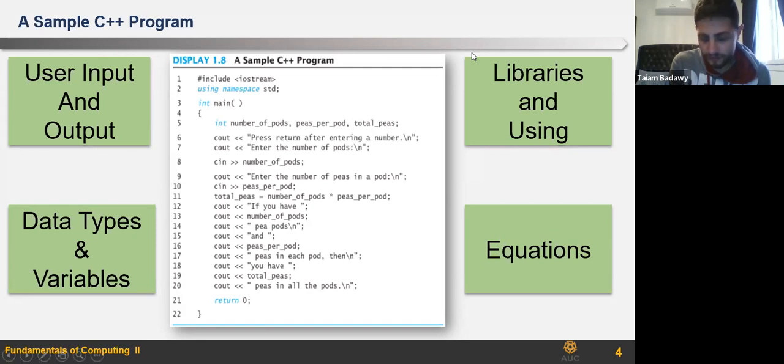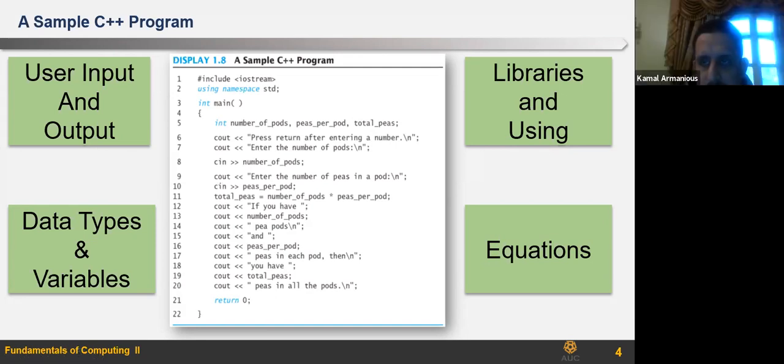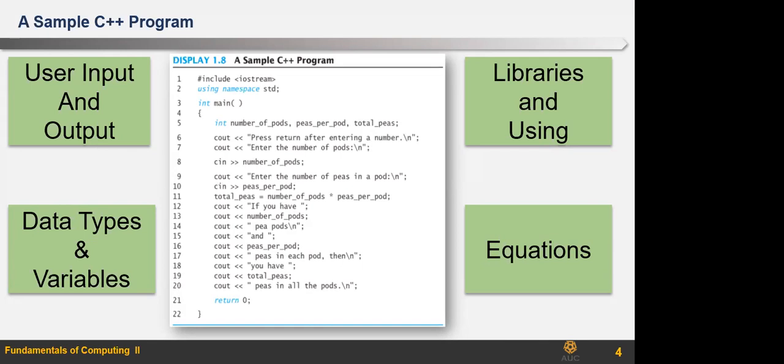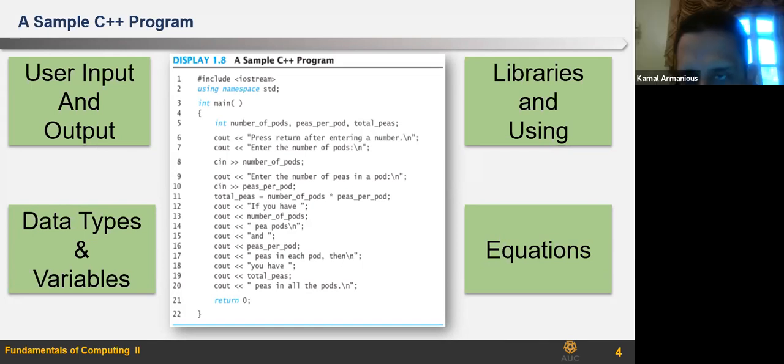Okay. You hear my voice now? Yes, we hear your voice. Okay. So iostream is a library, and we have said that there are two types of libraries: user-defined libraries, which are made by you, and standard libraries, packaged with the C++ language.